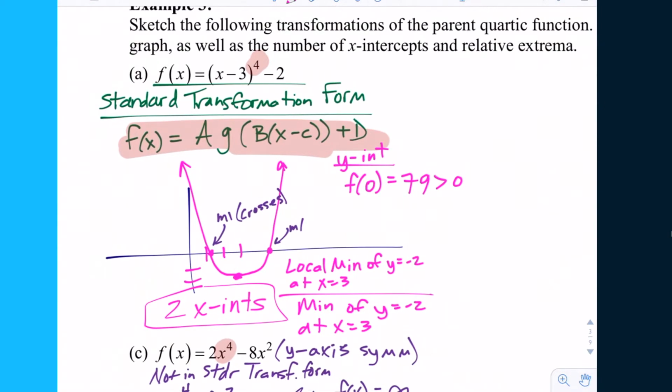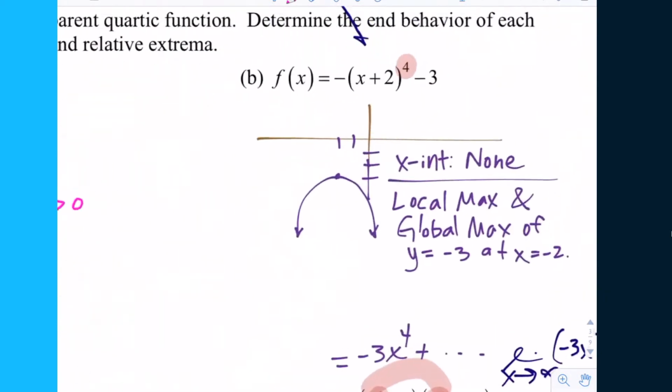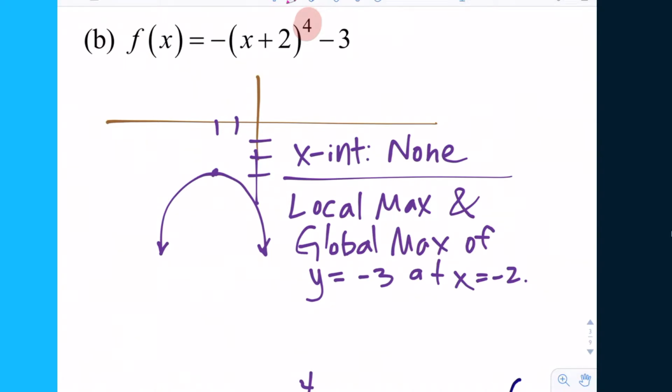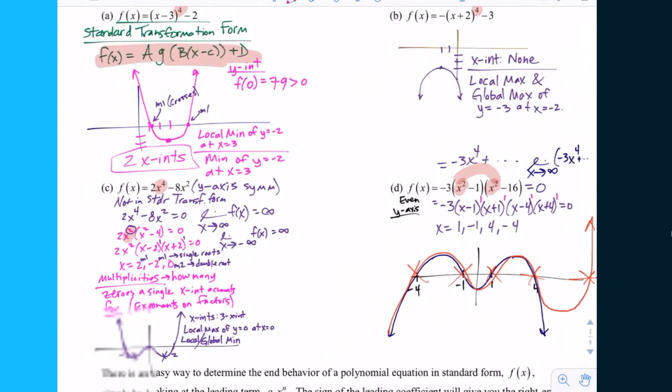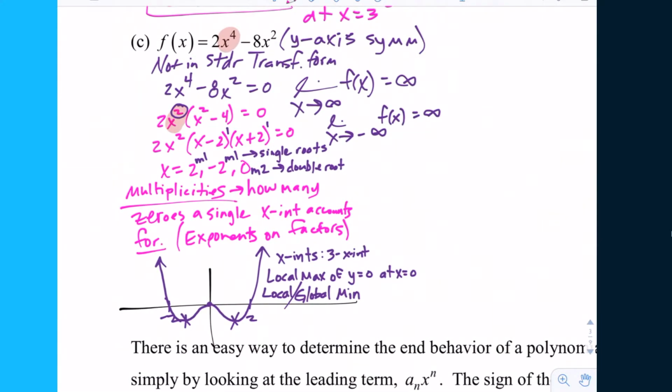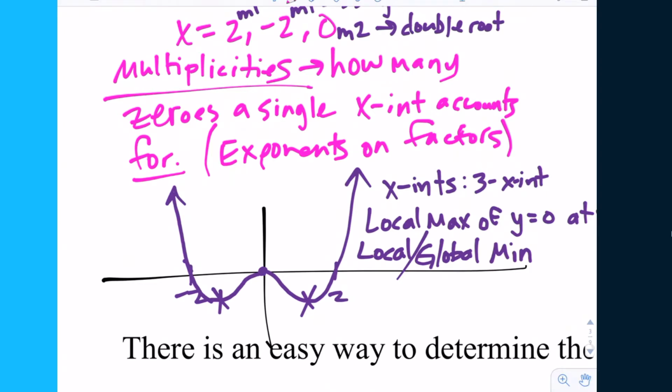But then if we look at transformations of it, now we have an example where we still have just the 1 local min, but we had 2 x-intercepts. So we could have 1 x-intercept, we can have 2 x-intercepts. This one over here had only 1 local max, sorry, but how many x-intercepts? 0. So in terms of x-intercepts, we already have seen 0, 1, or 2, but we've only seen 1 local extrema. So then we went to this one here, and we saw that it had how many x-intercepts? 1, 2, 3. So we've seen an example where we had 0, 1, 2, or 3 x-intercepts, but this